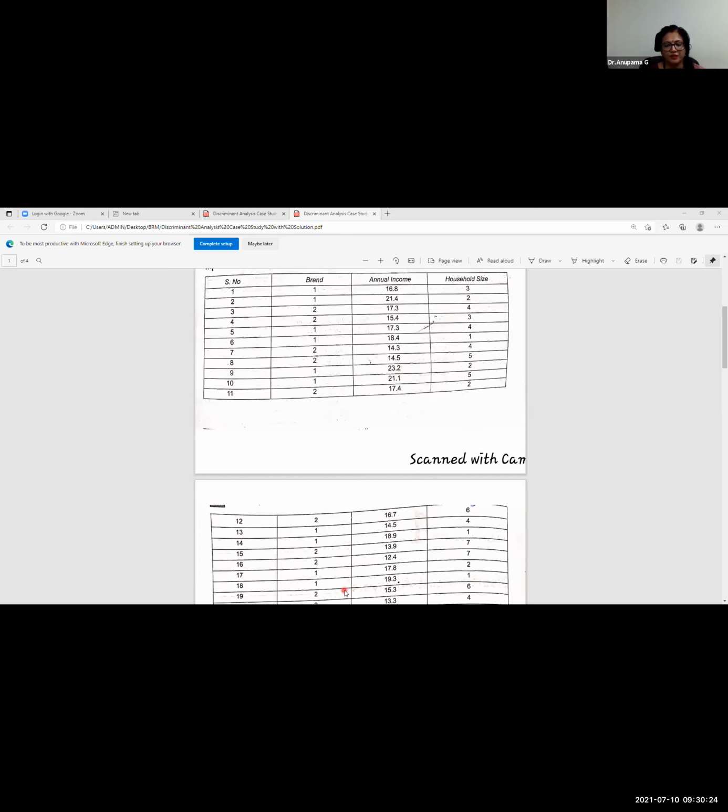The last question, we are saying that the discriminant function is in the form of an equation. Can one of you, or can some of you, write in the chat box the basic type of the equation, the discriminant function, how it looks like? Is it going to be y is equal to a plus b1 x1 plus b2 x2 plus b3 x3? How is it going to be written? So put this in the chat box.